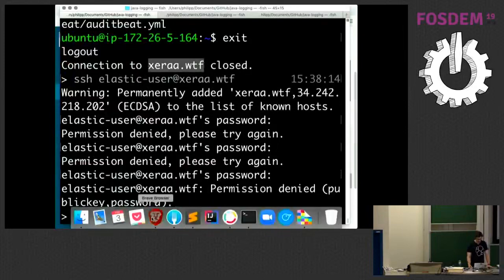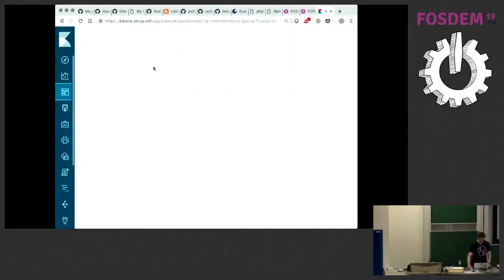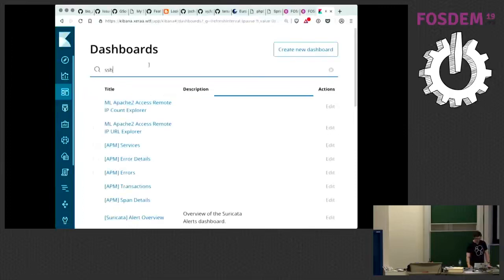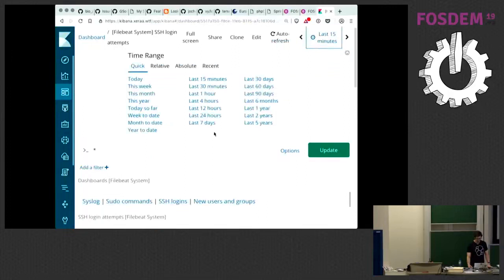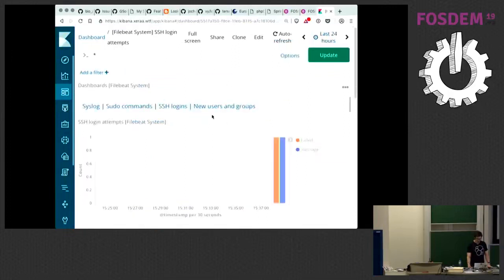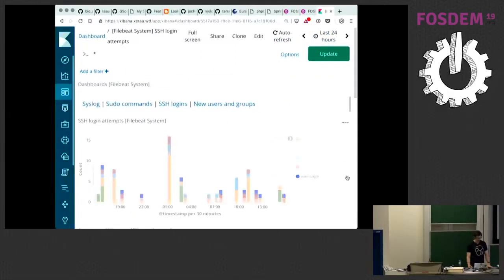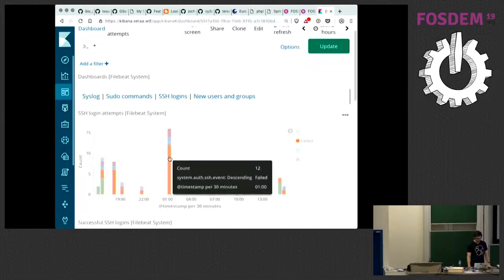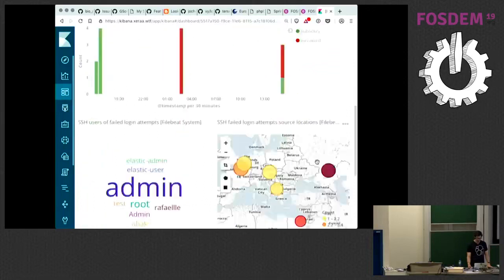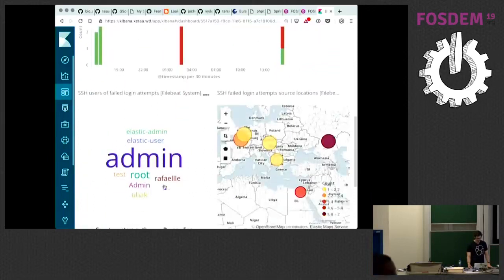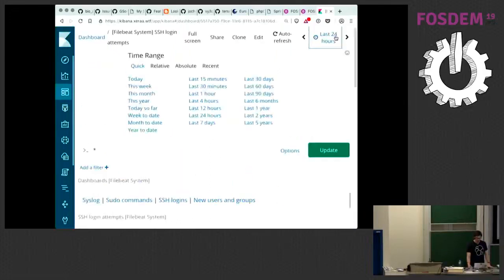So let's see. I always try to throw that in. So let's see what has been happening in SSH. And well, maybe not just the last 15 minutes, but let's say the last 24 hours. And then we can see how many people tried to log in. This time we were lucky. It's not even that many login attempts. And you could see public key, password. You can see where they're coming from, which users. So these are me, probably. Admin is not me. We could filter down to the last 15 minutes, for example,